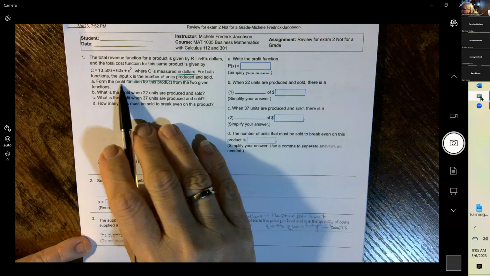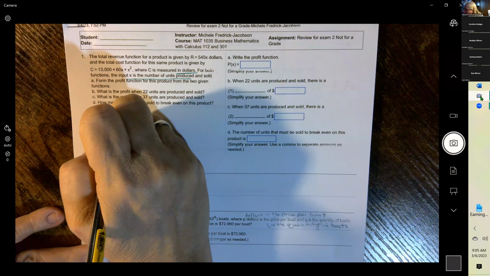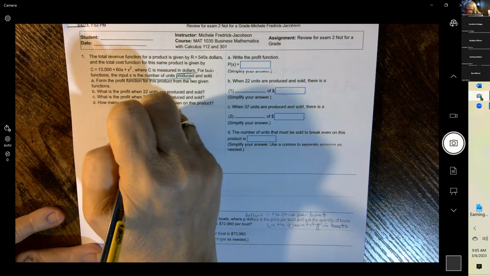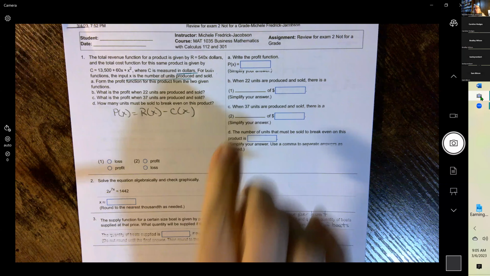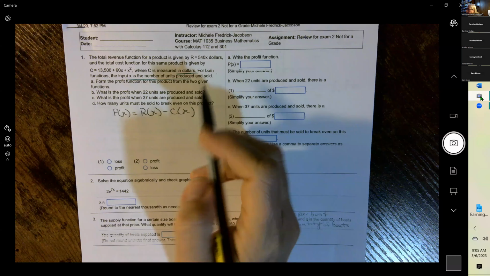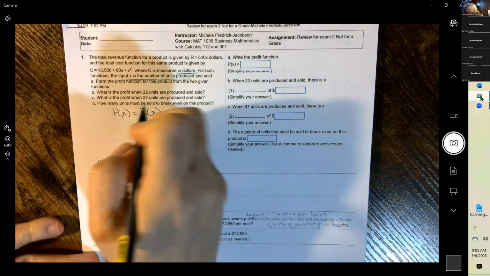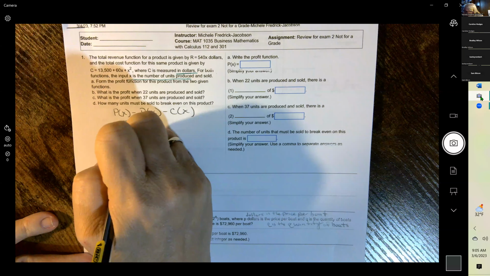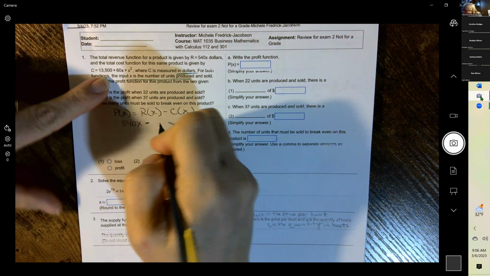Form the profit function. So the first thing we want to do is find the profit function. What you need to remember is profit is revenue minus cost. So if you have a formula sheet, that's one of the ones you would want on your formula sheet. The biggest thing is, remember, subtract all of the costs. So if we look at our revenue, 540x minus our cost,